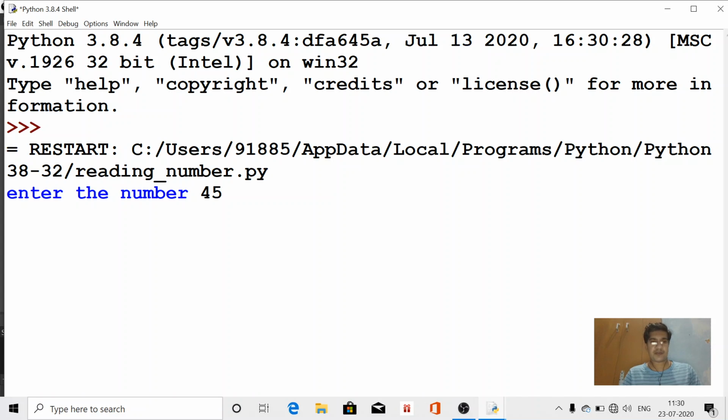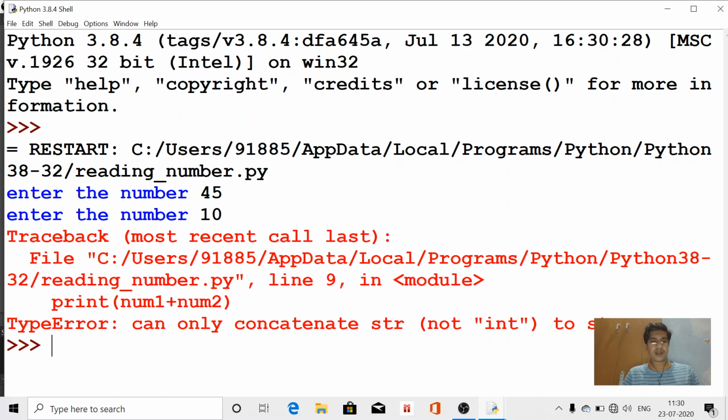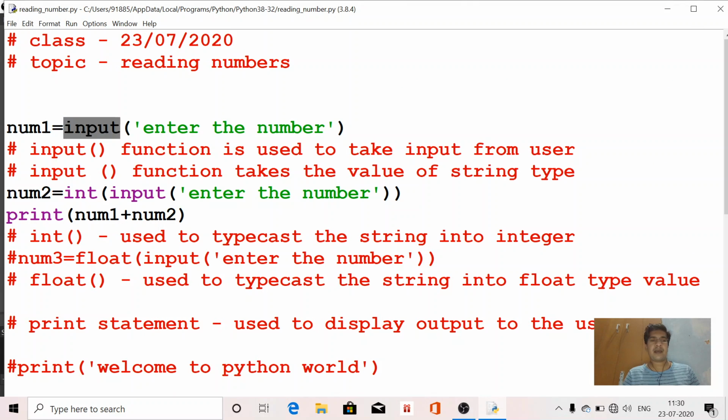Reading number, first is 45, second number is 10. Now see, type error, can only concatenate string not int to the string. That means here 45 is treated as string, but 10 is treated as integer number, so that's why it cannot be added. So this is the difference between this input and this int input. That means it is typecasted to the integer.